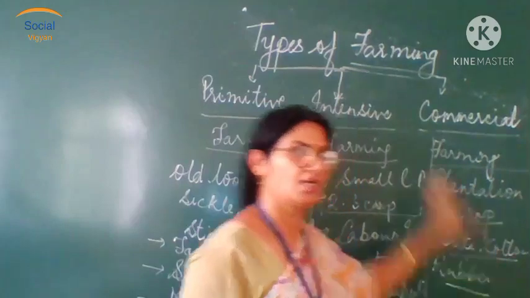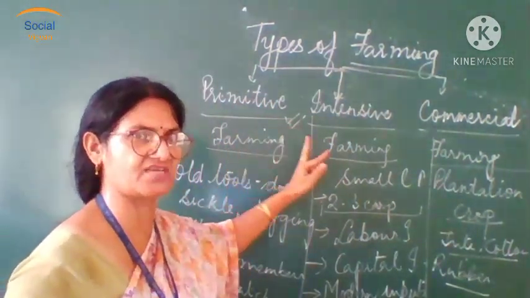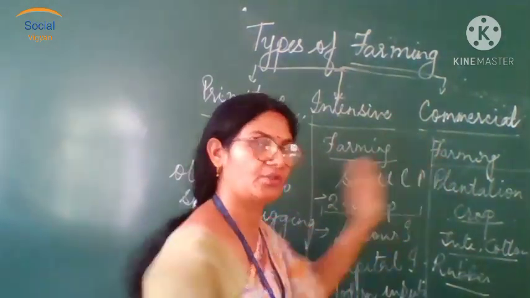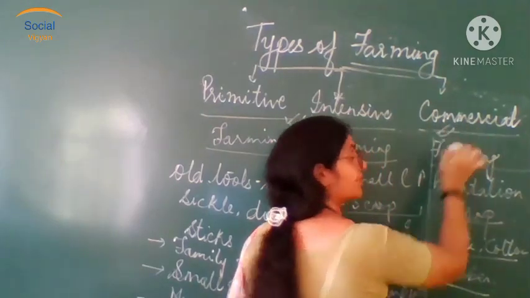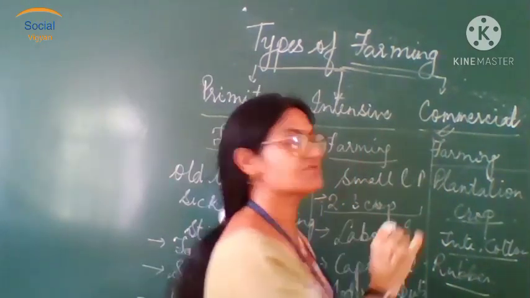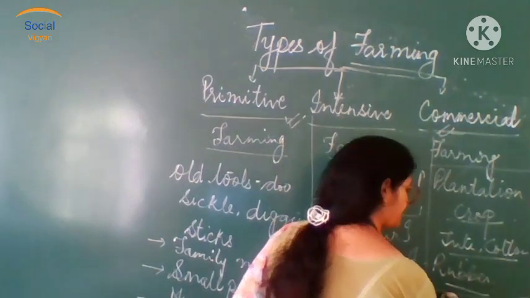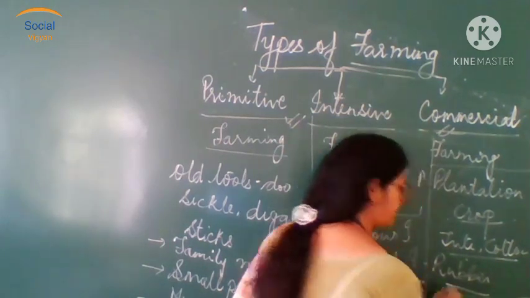So here we come to know various types of farming. These are primitive, intensive, and finally commercial. This is done for the complete sale purpose. Now commercial is what? For getting better income. Once we say income, so these are good for gaining maximum income. And it was started by the British in our